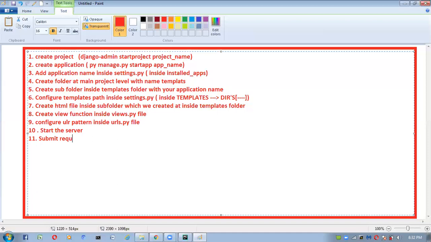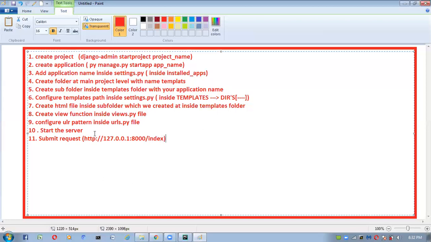Submit request. Here, what do we have to submit? http://127.0.0.1 followed by whatever URL pattern you have. I gave index here, so like this we have to submit.